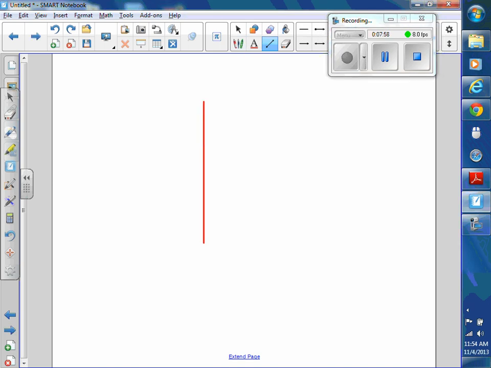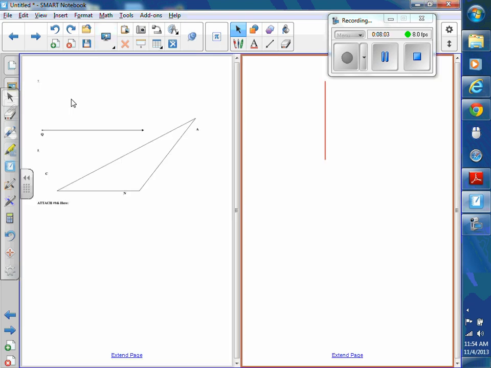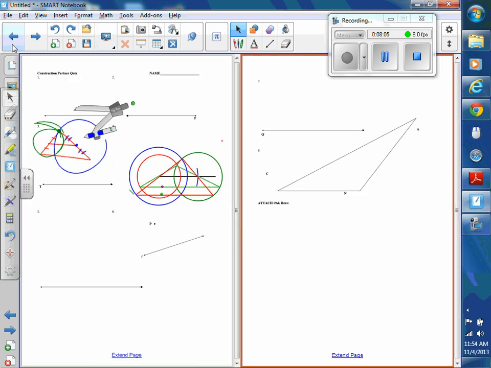Remember, a kite has two pairs of congruent adjacent sides. So if I go back and find my compass,